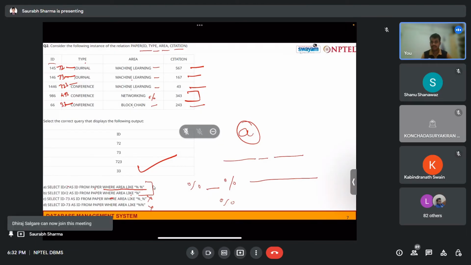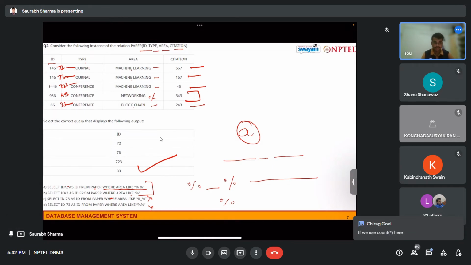We count the number of these tuples, no? Or what do we want to count? We use COUNT ALL, if we use the count all option,